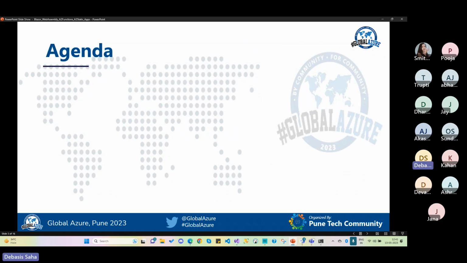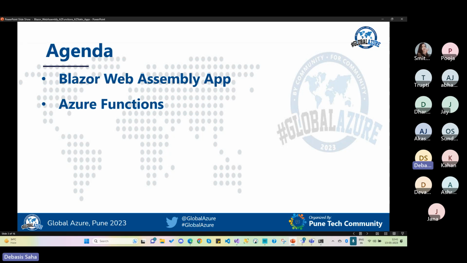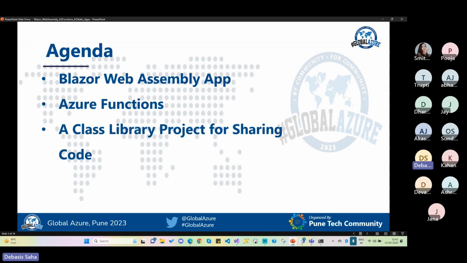So in today's session, we have three main topics which we will discuss. One is Blazor WebAssembly applications, what the concept is and how we can use it. Second is Azure Functions. And third is the class project library for sharing code. Then we'll deploy this entire combination of three parts as an application into the Azure Static Web